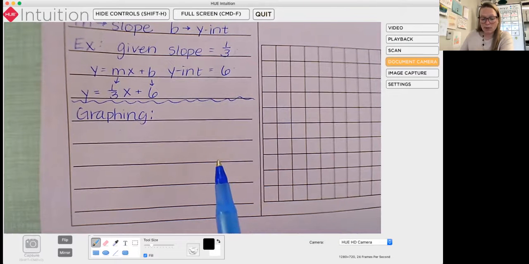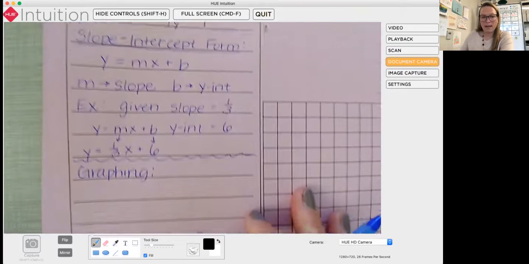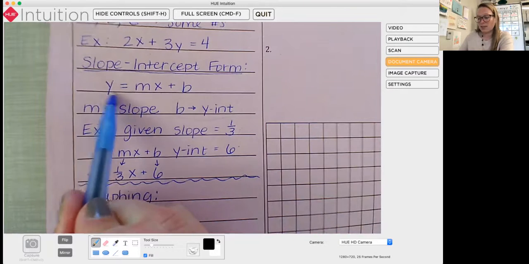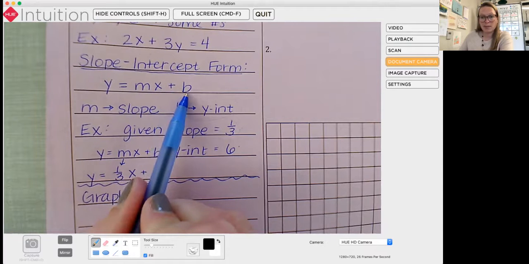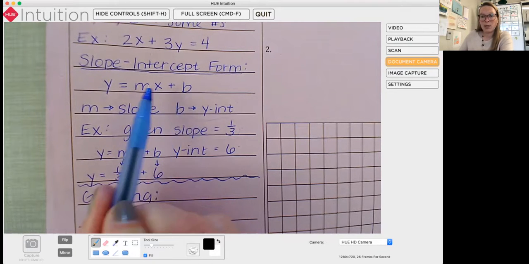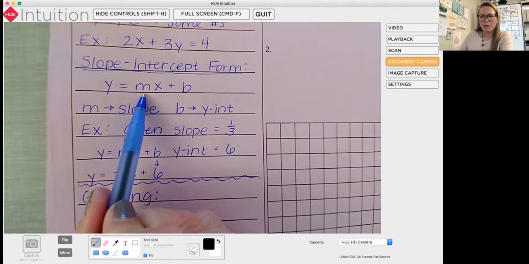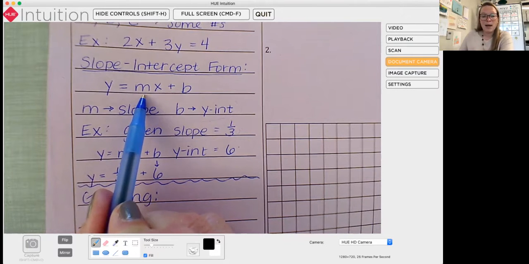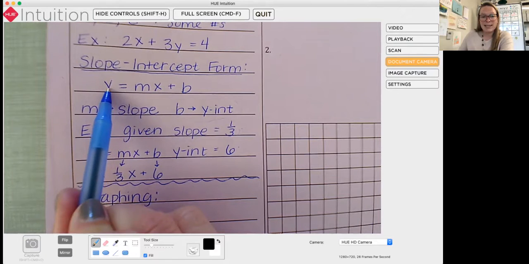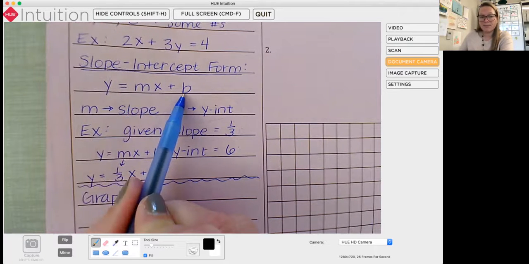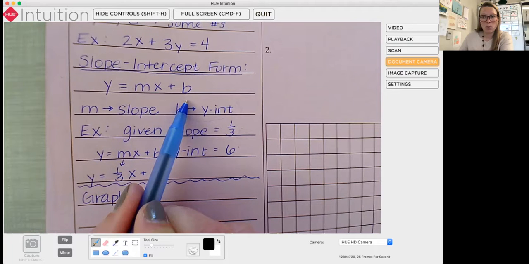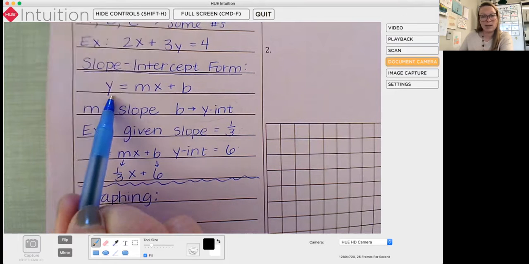So first of all, when we're graphing, if we think about graphing a line that's in slope-intercept form, this is super great because you have the y-intercept, you can plot that point, and you have a slope. So you can do rise over run from that point, plot some more points, and then you've got a line. So what that means though is we need to get it into this form in order to have the y and the b. In this form, what's really important is we can't get this information unless y is completely alone